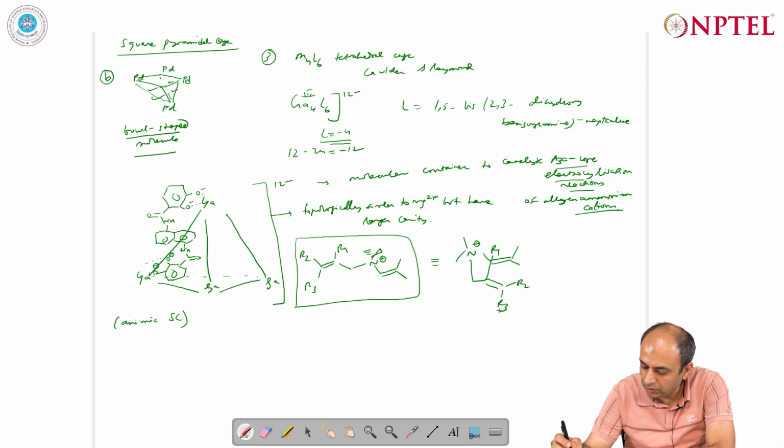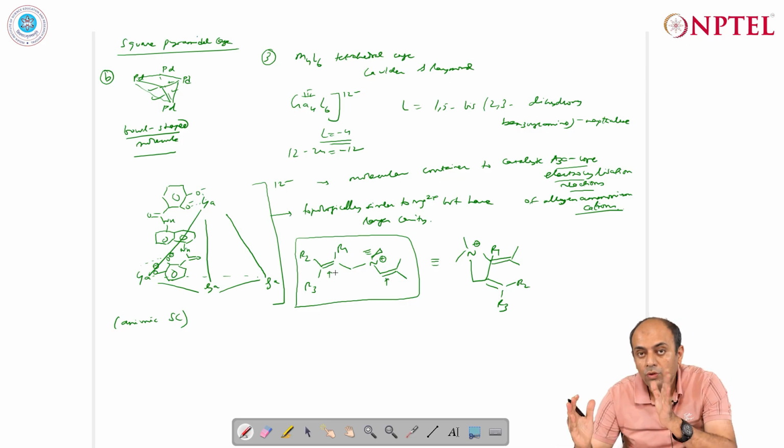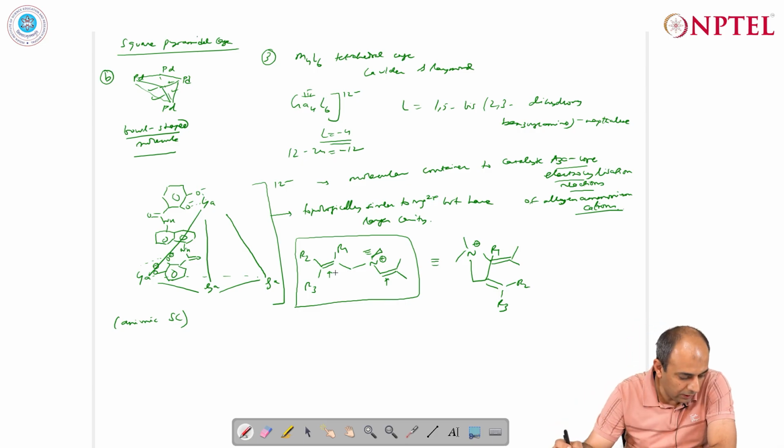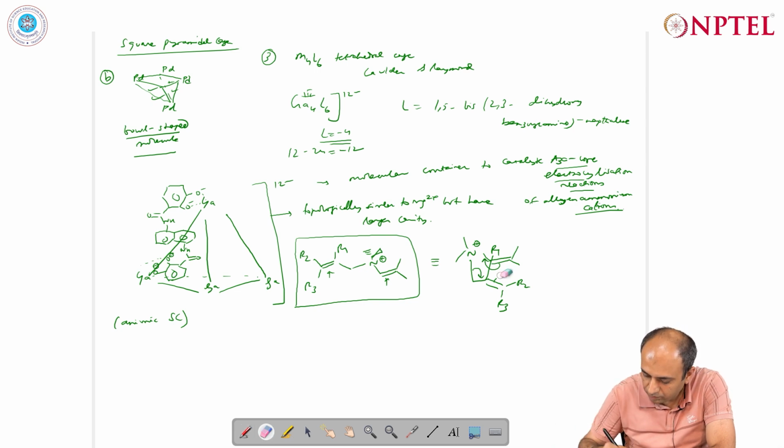There is a bond rotation which will now bring these double bonds into close proximity with each other so that they can react with each other. And now we can have the reaction here. So we can have this movement here, we can have this movement here, and we can have this movement. So this will give rise to